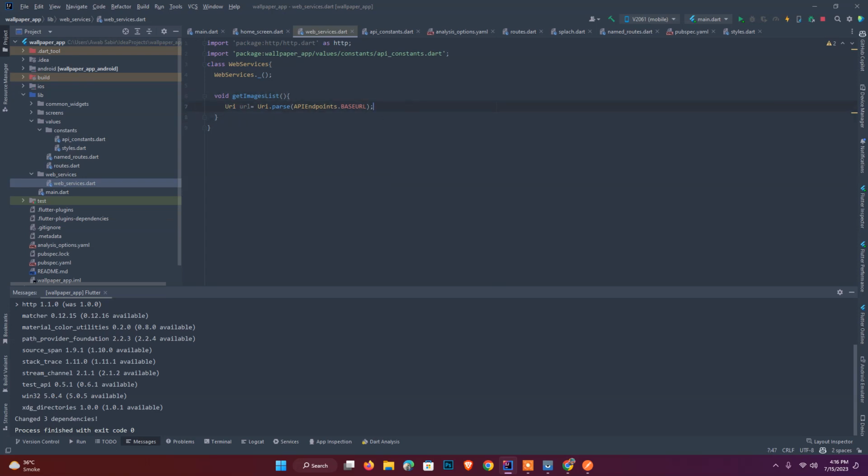So this is our base URL, and I will create here var request is http.get, and I will pass here the URL and the headers. On the header side, what we need to do, I will pass here set URL is equal to